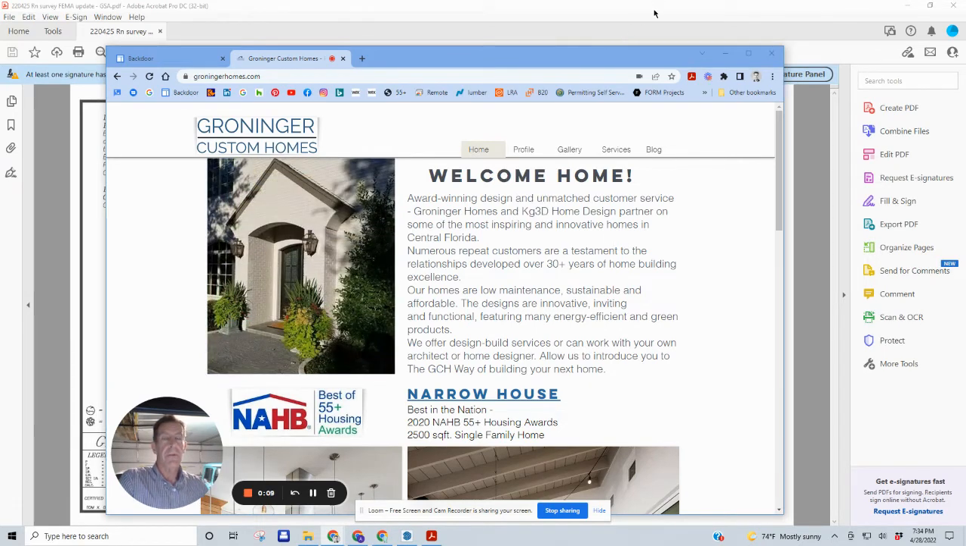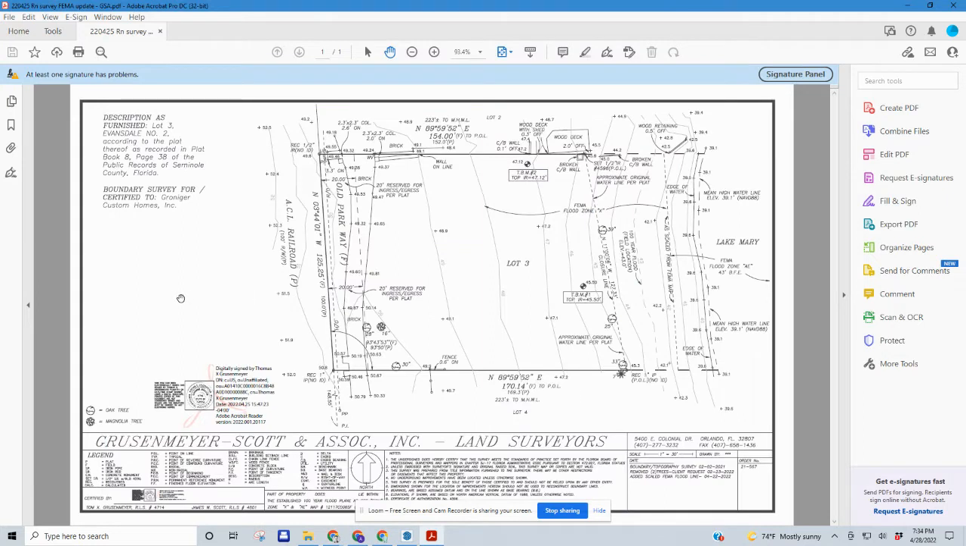This is a little demonstration to show you how we typically start the design process. The design process normally starts with a survey. They're not always this elaborate, but in this case, this is a lakefront property that also has a substantial slope